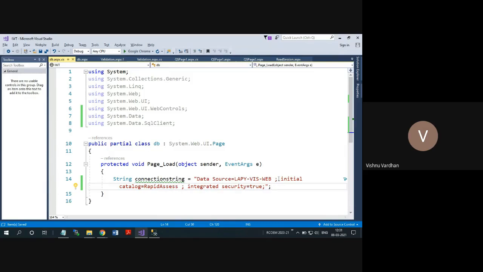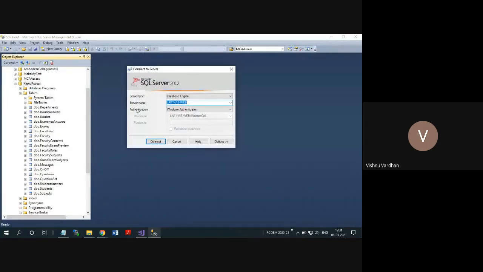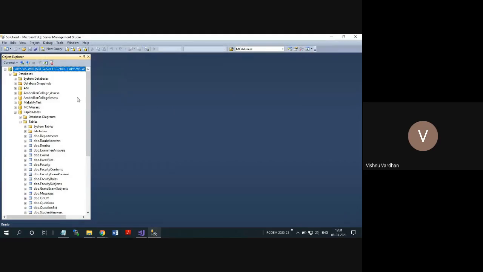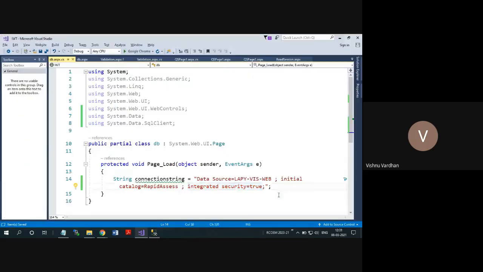So there are separators that you can see. This is the first key value pair, this is the second key value pair, and this is the third key value pair. In the first one, we have given the database instance connection name. The second one is the database name, and the third one is whether it is Windows authenticated or user ID and password given by the user. So the mode is defined by your way of connecting. Simply, I am connecting with Windows authentication. Then after this connection string,